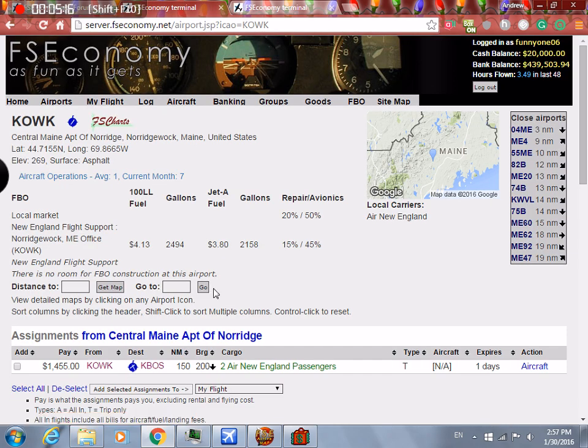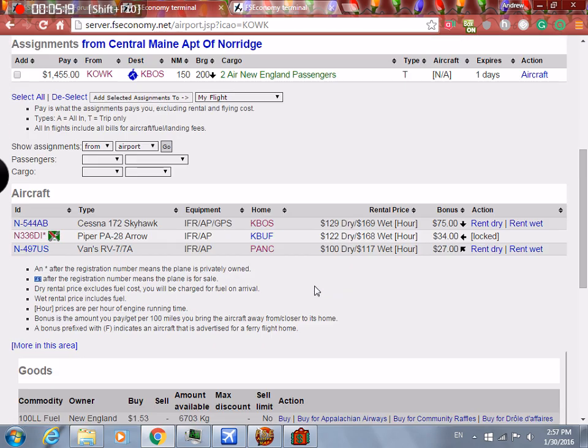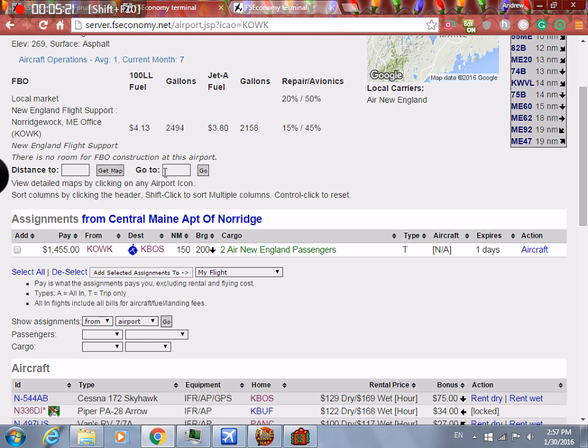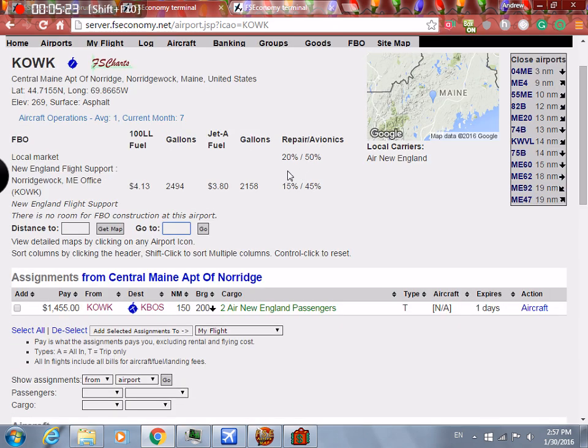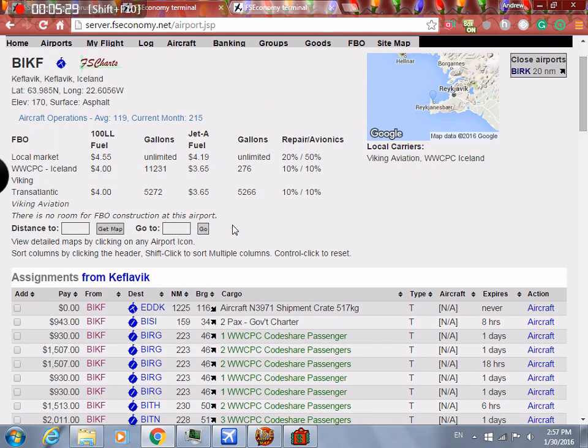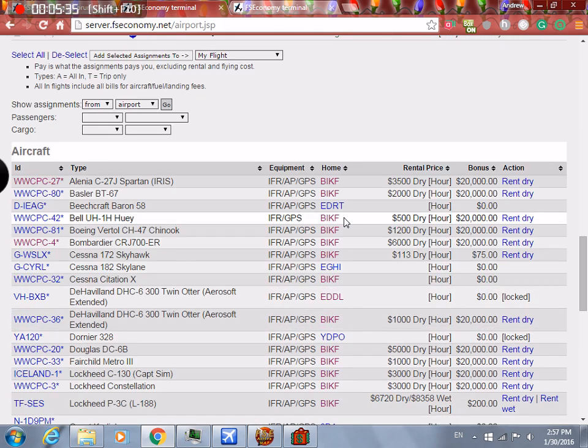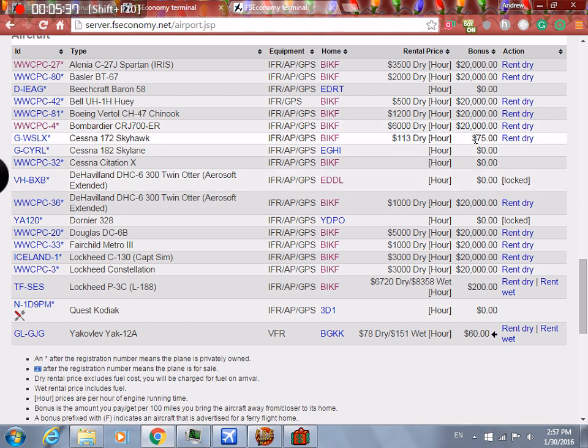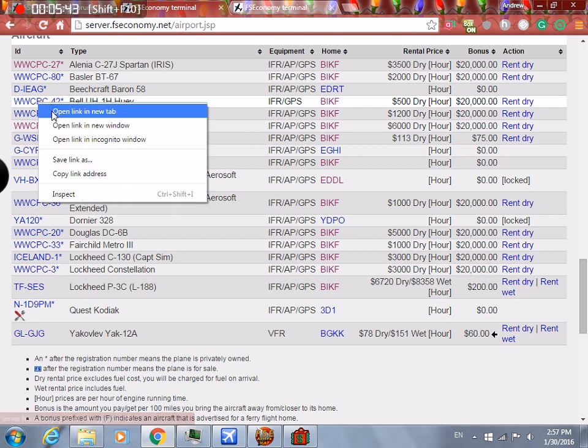And distance bonuses you really have to be careful on, because some are kind of tricky if you don't really pay attention. A really good example of this would be in Iceland. There's one airport. It's totally okay practice, totally allowed. The only thing is you have to make sure you know how to rent these planes. These bonuses are $20,000, which means, for example, you might want to rent a Bell Huey,